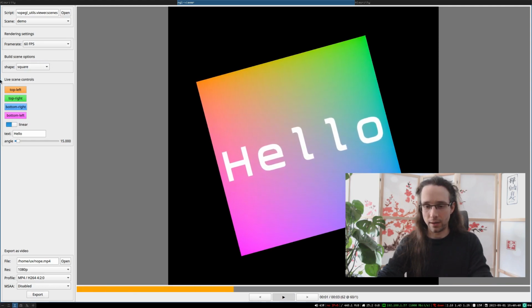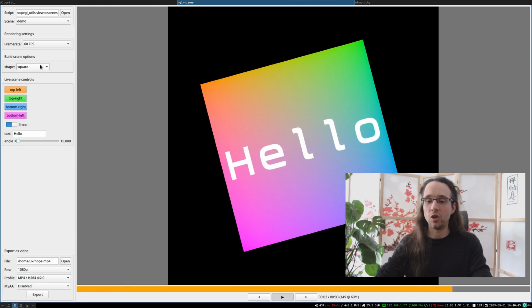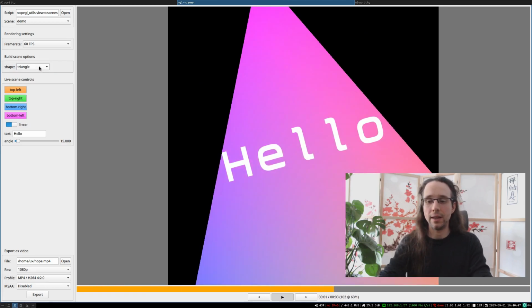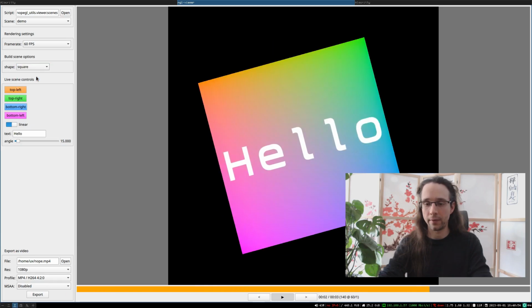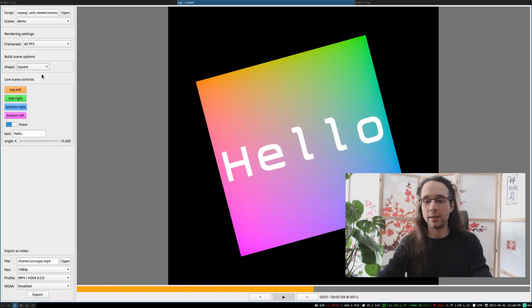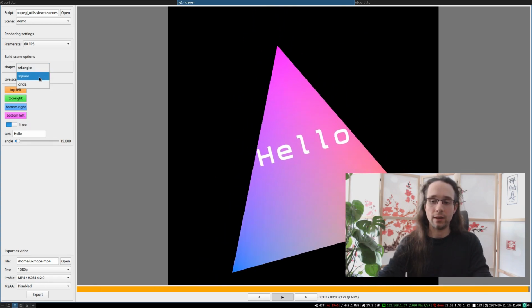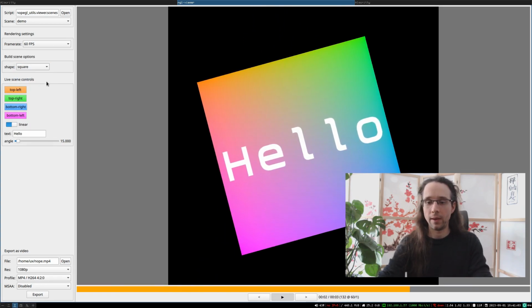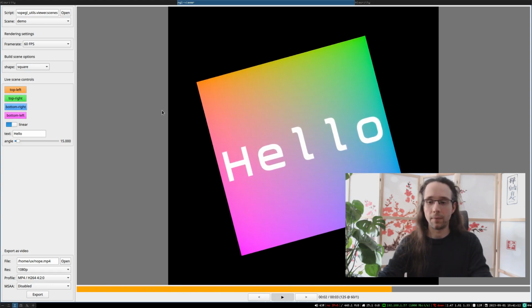There are two types of settings. The first one are construction parameters, which basically drive how the scene itself is built. These settings can be slow because they imply the full reconstruction of the graph. Basically, the code inside the script is going to be re-executed with the new settings every time we change a value here. In this case, the geometry is going to be completely different, but it may also fundamentally change the whole structure of the scene graph.